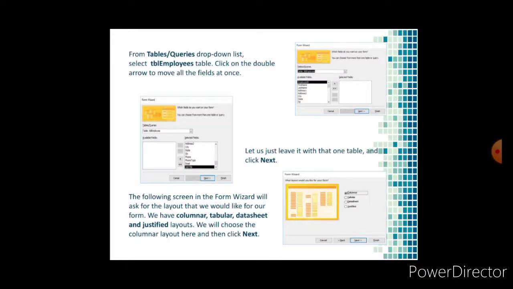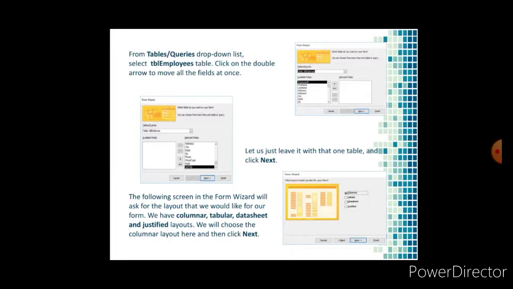From the tables or queries drop-down list, select TBL employees. TBL means table. Click on the double arrow to move all the fields at once. Let us just leave it with one table and then click next.